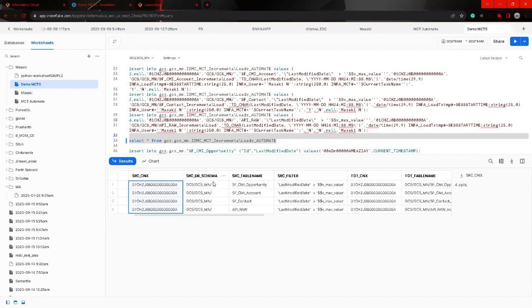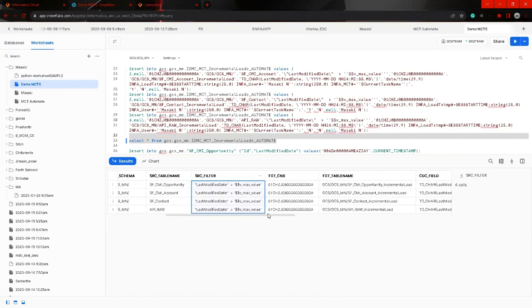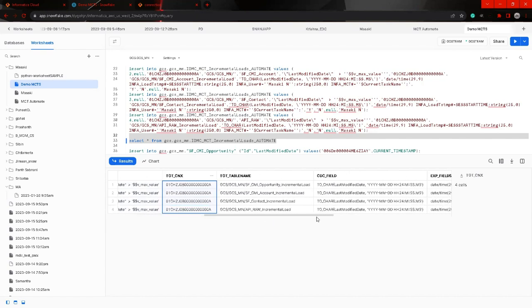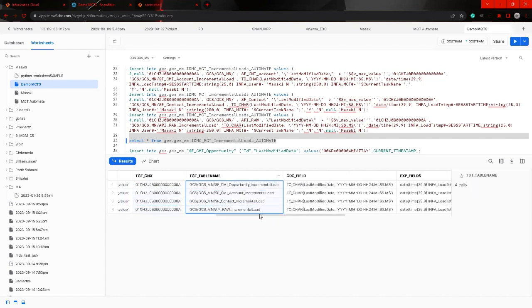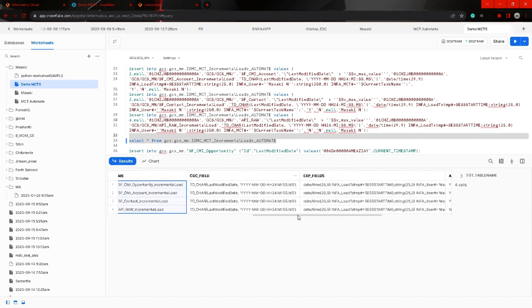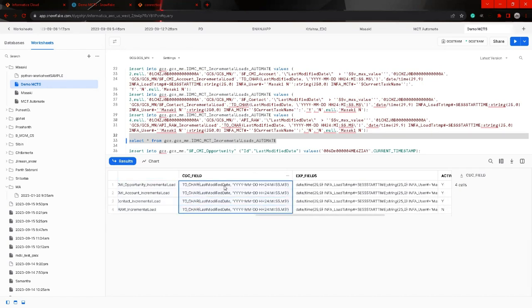So we have source database schema, source table name. I have my source filters, which in this case are the same for all of them. I have my target connection IDs. I have my target table names that I want to define. You'll notice here the database and the schema are part of the table name. That's how it manages. And then the CDC field, which is the field that I want to use, and I'm applying a cast to char so it makes sure that it goes as a string